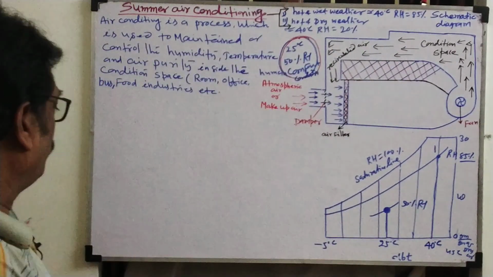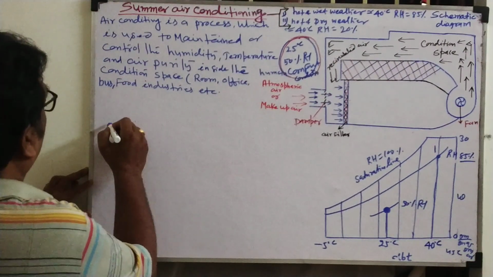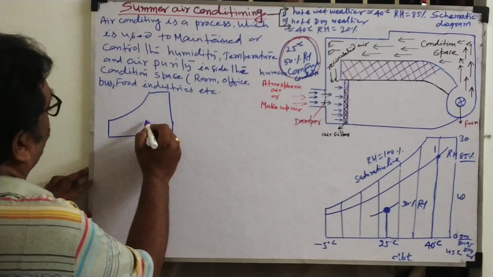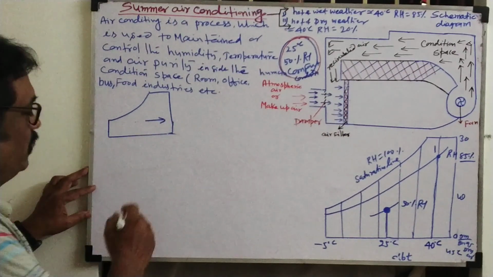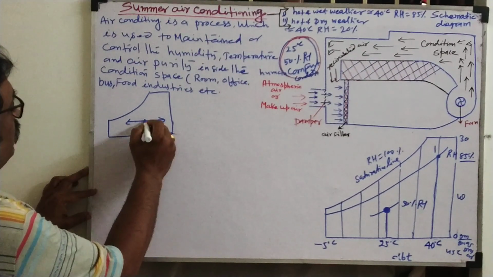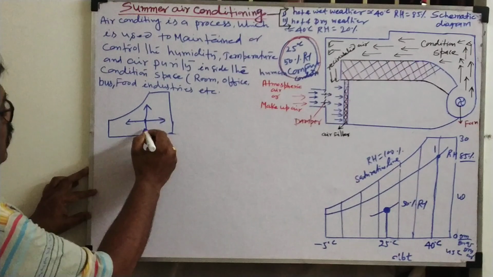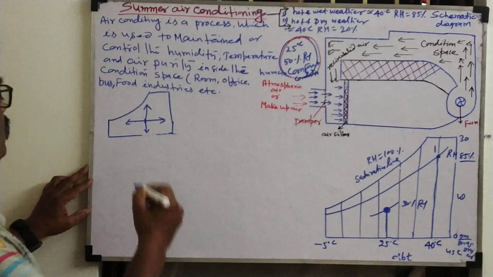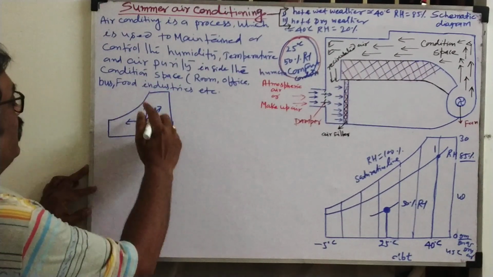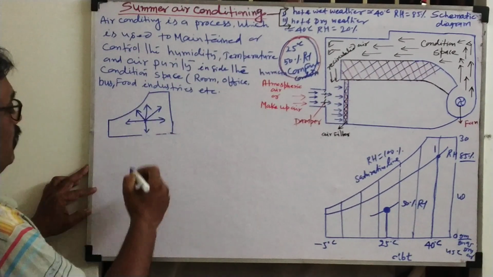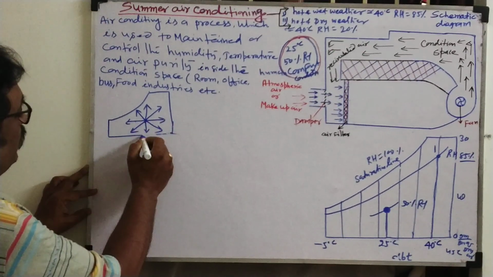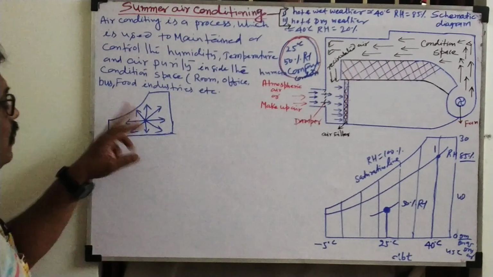So we have the psychrometric processes. Already we discussed in the previous video. What are the psychrometric processes? Listen one more time. We gave 8 psychrometric processes. This is called sensible heating process. Temperature increases. Then sensible cooling process. This is the humidification process. This process is known as the dehumidification process. Now heating and humidification. Heating and dehumidification. Now cooling and humidification. Cooling and dehumidification. These are the psychrometric processes.